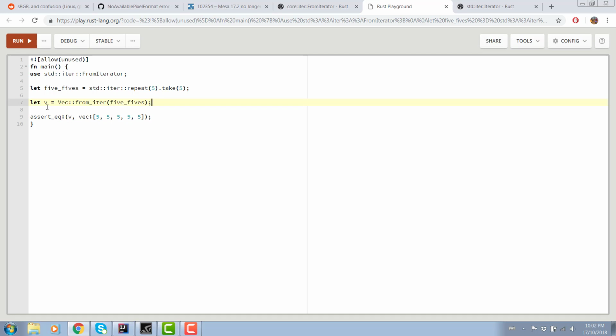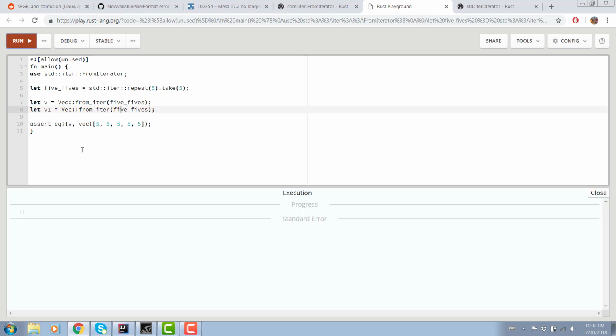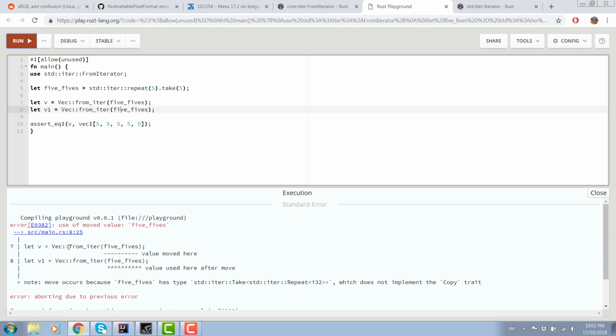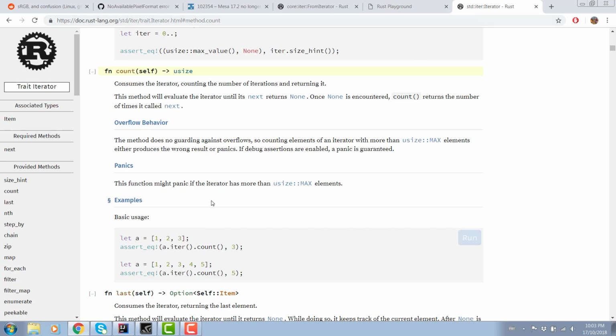Okay, so they do this. Can I do this a second time? I don't think I can, because it's going to consume the iterator. Right? Yep, use of moved values. Okay. So that doesn't work. So the solution is clone the vector, convert both clones to iterators, and then turn them both into... yeah, that could work.